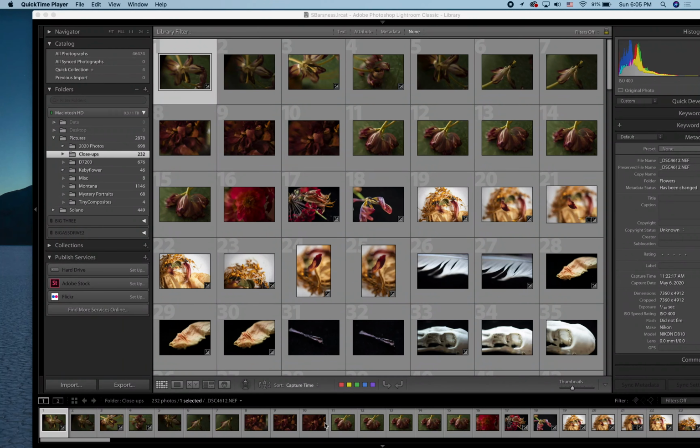Hi, in this video, I'm going to kind of wing it. I'm on a new computer where I've just been sort of throwing folders willy-nilly. I've just been importing random things onto the computer, importing them into my catalog, but it's not particularly well organized. So I'm going to use this as a demonstration of how you might redo the organization of your catalog from